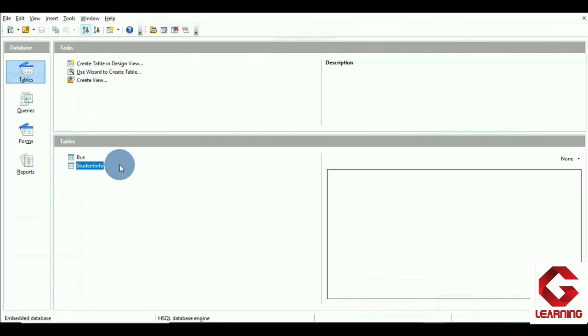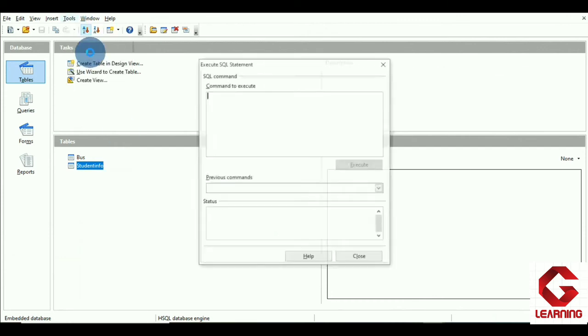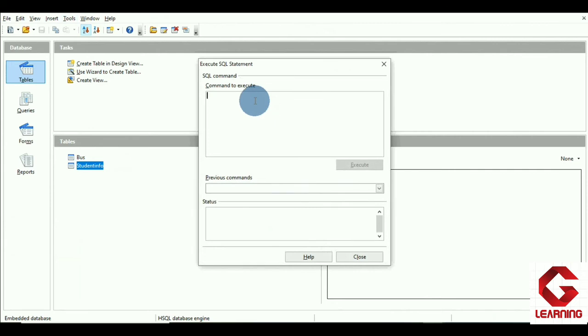So now I am going to enter the details of Sachin, but here I don't know his contact number and color. So again using Tools, and in Tools, SQL, and here I am going to write the insert command. Insert into, thereafter the name of the table, that is "student info" in double quotes, then bracket open. Now here I have to mention first of all the columns for which I am going to provide values. So the first one is name, after name the next one is roll number, thereafter the next one is DOB